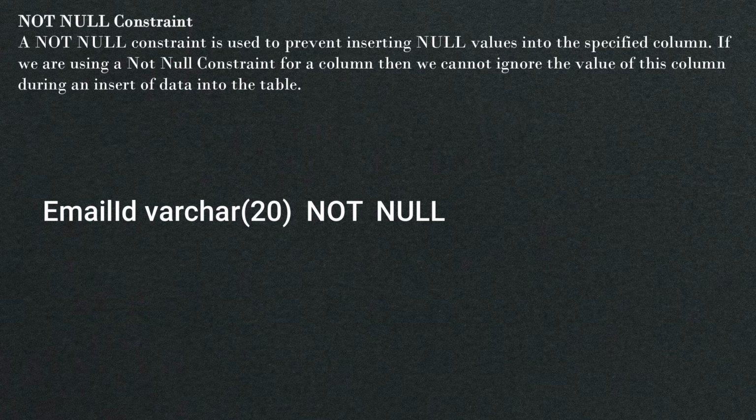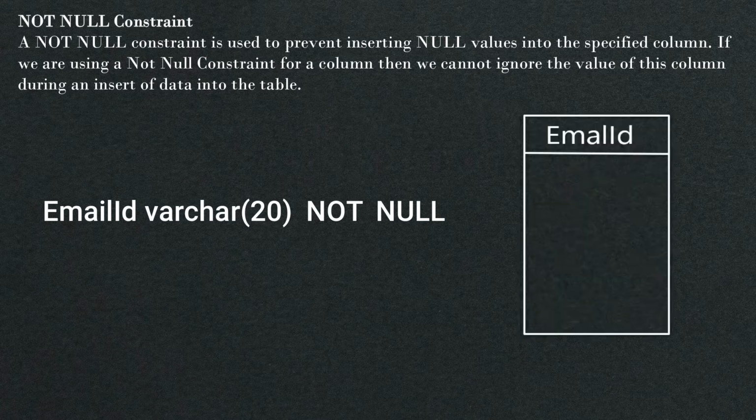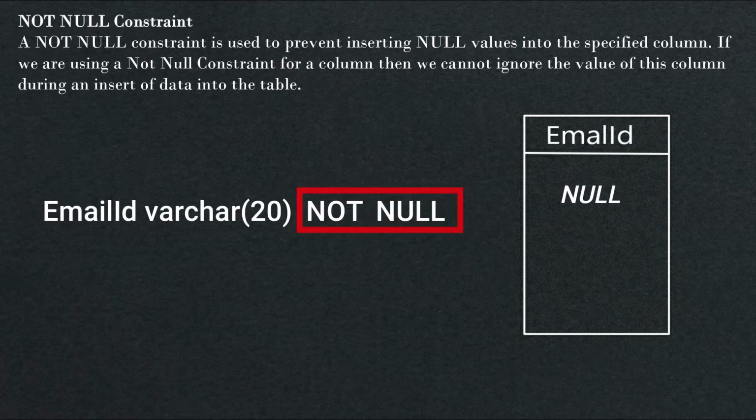What actually happens in the database, if you do not insert any value in the column, then it is stored as null by default, because a column always holds null values by default. So if you do not want a null value to be inserted in it, I mean if you want to have some value inserted into the column, then you will have to use a not null constraint. By doing this, users can't ignore that column while inserting data. In short, you can say that the not null constraint doesn't allow a null value.